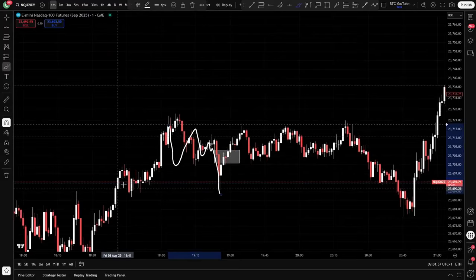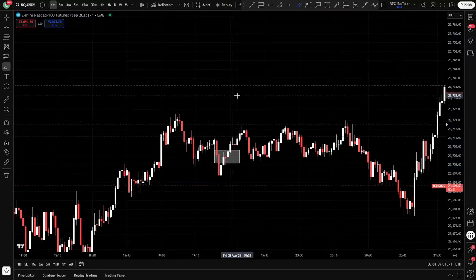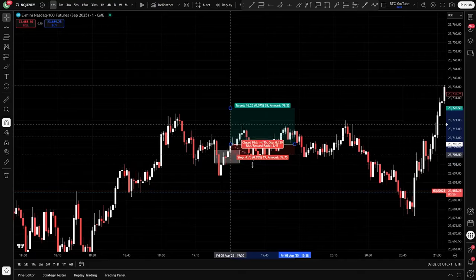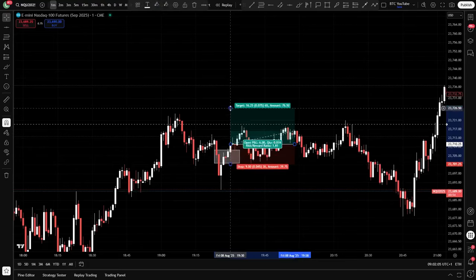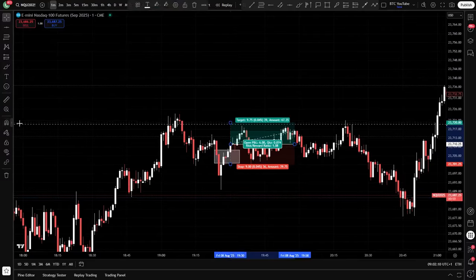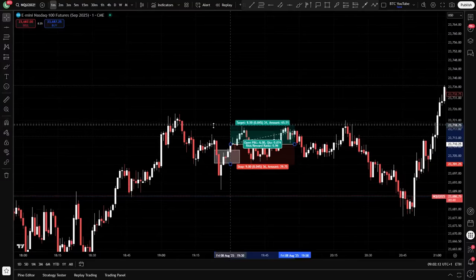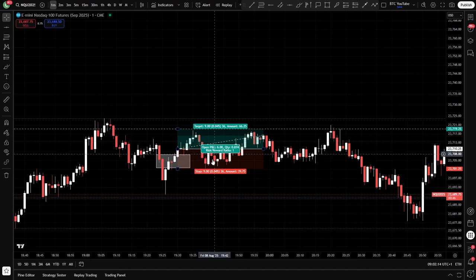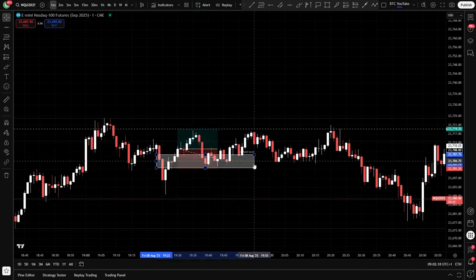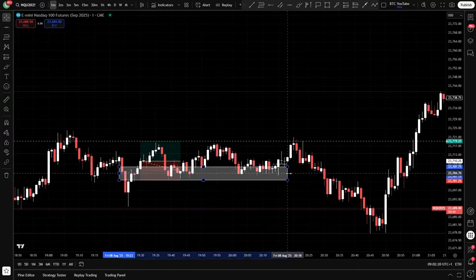Accumulation, manipulation down, sweeping out some liquidity, distribution back up. You could have entered here, targeted a 1-for-1. I can actually drag my thing out. Come on. Honestly, this magnet tool does my head in sometimes. You can see we just about would have hit a 1-for-1 here probably before coming back down. It's actually never closed below, so you probably would have eventually gone and hit your take